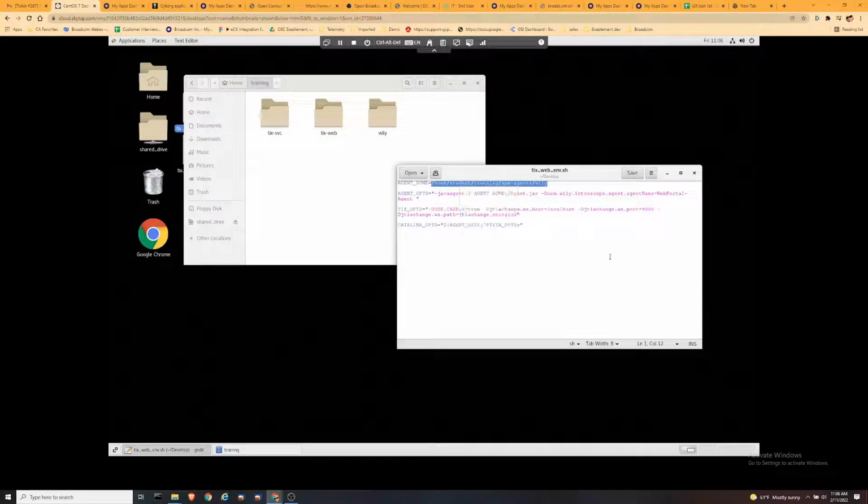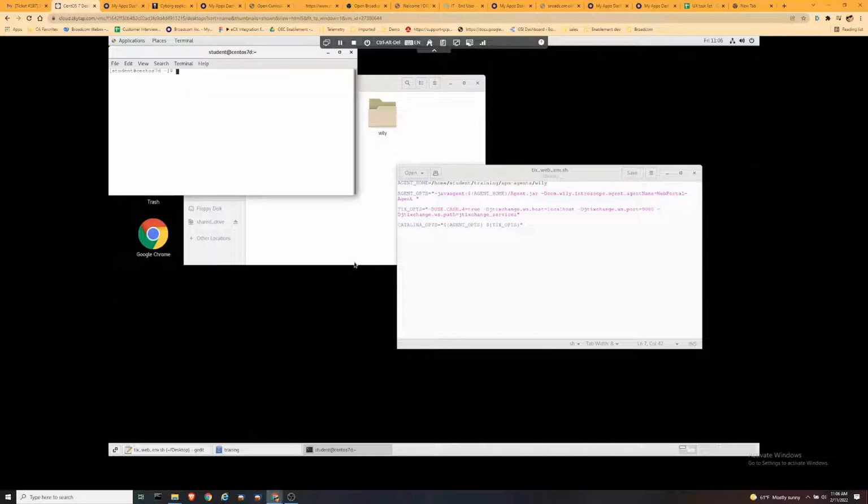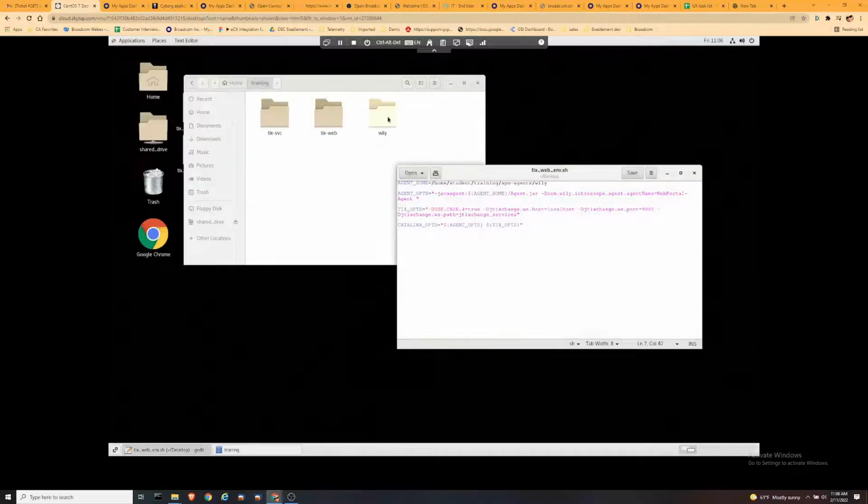I would recommend, actually, let's just see if I can create a terminal here. Yeah, let's just open a terminal. So whenever I'm doing something like this, I always try to list off the path. Just check that the path is there, and you'll see that in fact this path does not exist. And the reason for this is, when we extracted the file, if you go back and review the video,